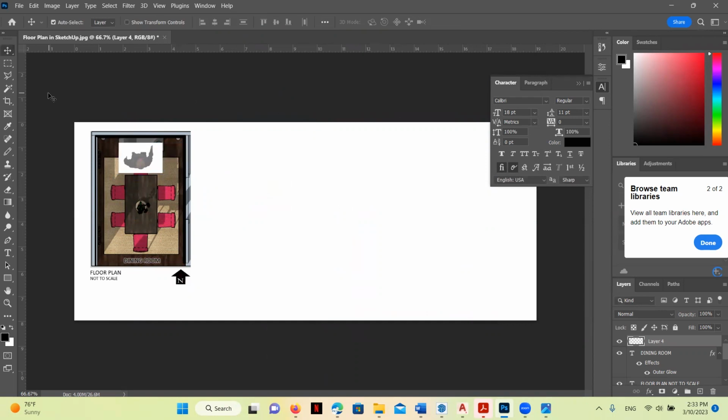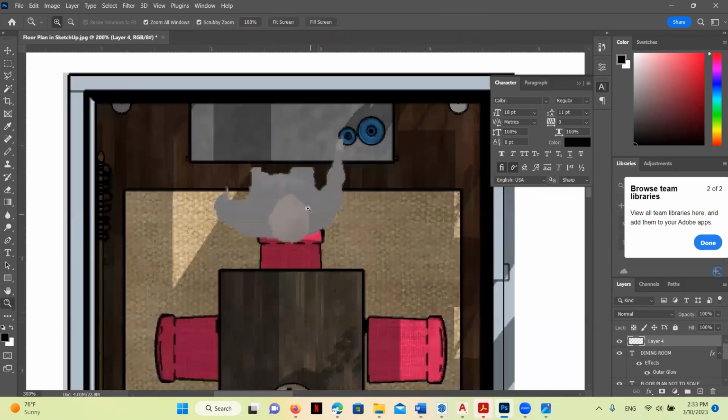I'm going to hit enter, and then I'm going to use my magic wand tool to click over and get rid of the extra stuff around him. Control X to delete it. And then the only thing I'm going to do is zoom in just a little bit more. You can see that the scale figure is not really high resolution.